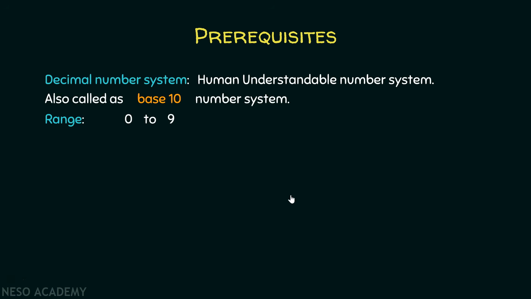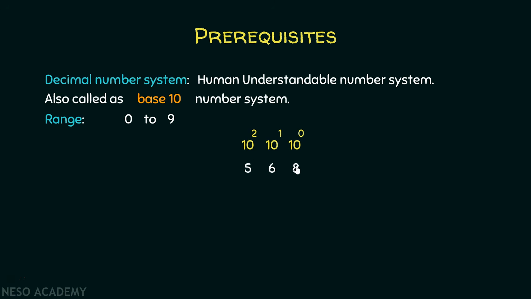Let's take one example of a decimal number. We pronounce this number as five hundred sixty-eight instead of simply saying five, six, eight. Have you ever wondered why do we pronounce it like that way? Because in reality we have numbers ranging from 0 to 9. And if we want to represent such a large number, we have to multiply each digit with their respective place values. Here place values are starting from the rightmost end and it is 10 raised to the power 0, then 10 raised to the power 1, then 10 raised to the power 2 and so on.